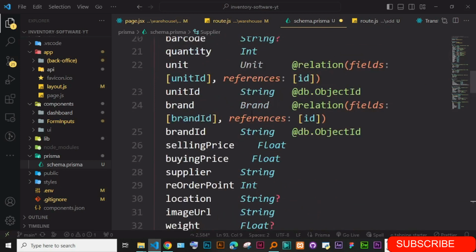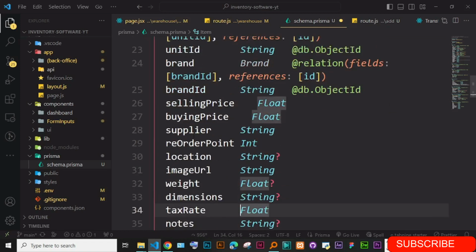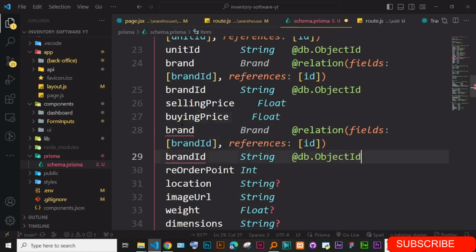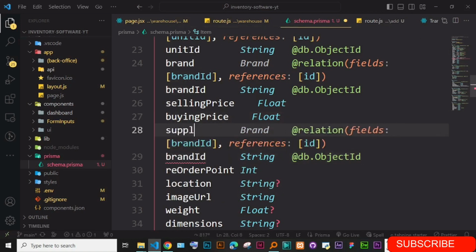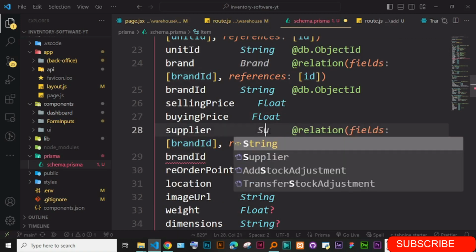I'm just going to simply duplicate this for the brand. So just come here where there is supplier, and replace it here. So this one is going to be supplier, and is of the supplier,